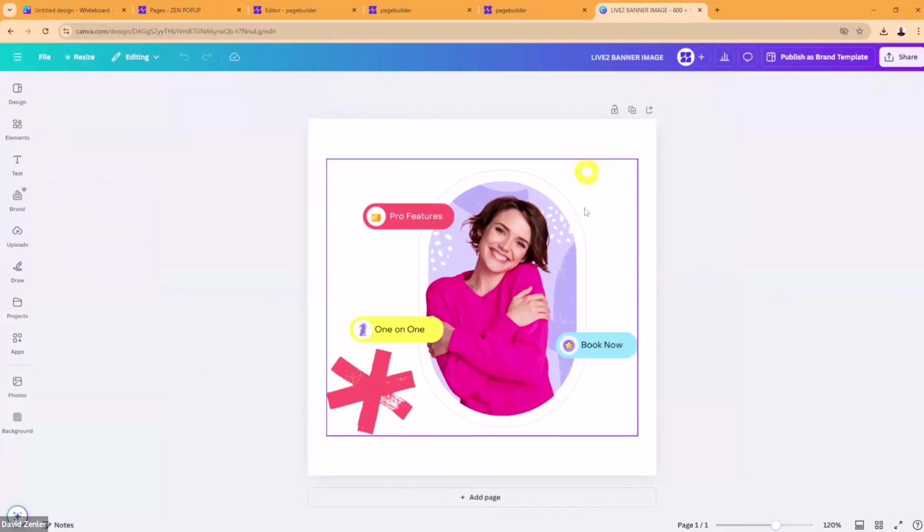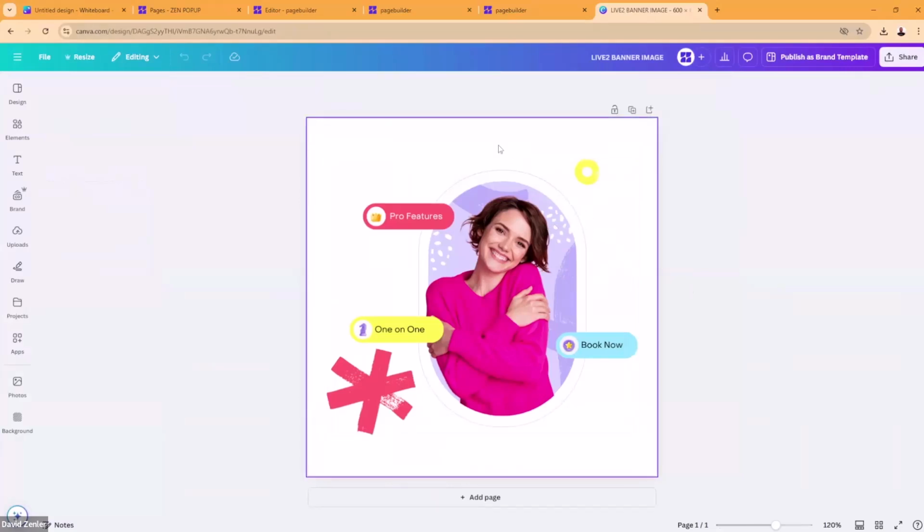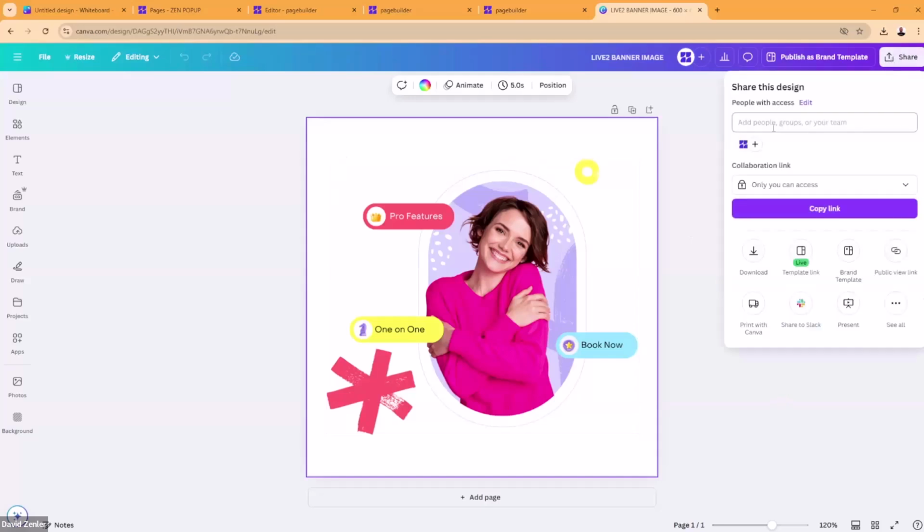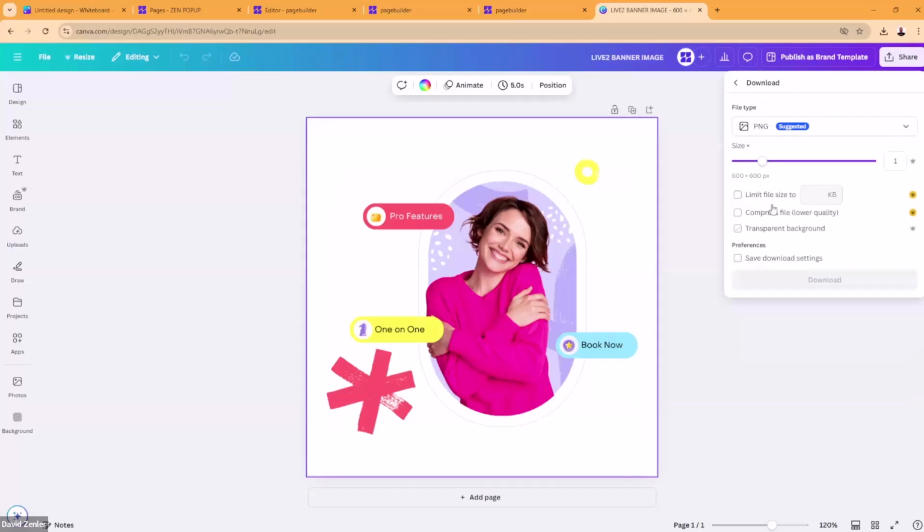Pros have got the advantage here because you can export out on a transparent background. You guys that are using free, you can't export out on a transparent background. So I'm going to show you what happens for both. So I'm going to download this now as a pro user. All right. So if we go download, I'm going to choose PNG, and I'm going to click here, transparent background.